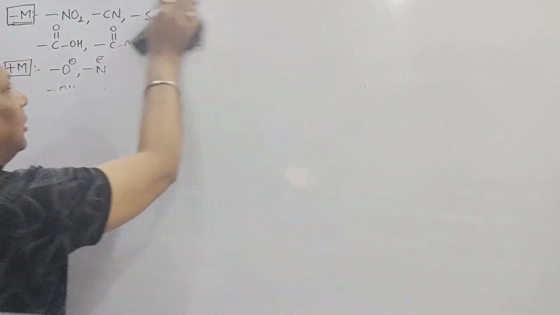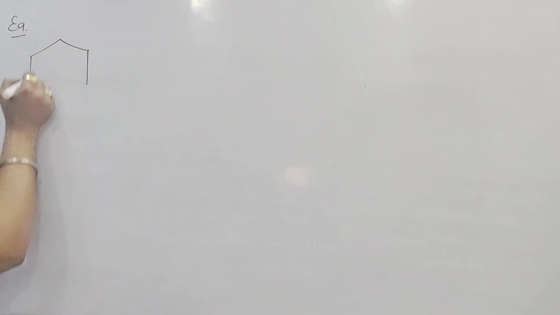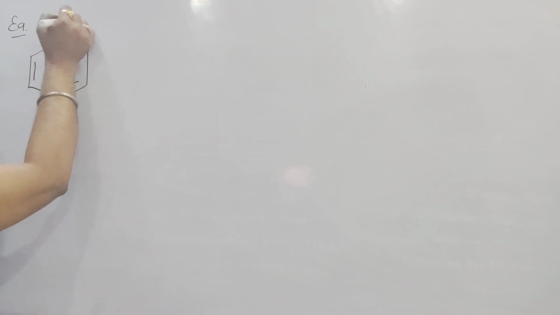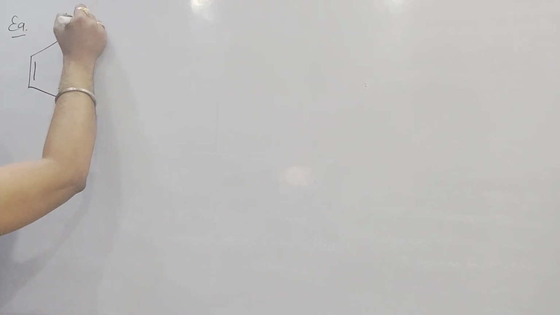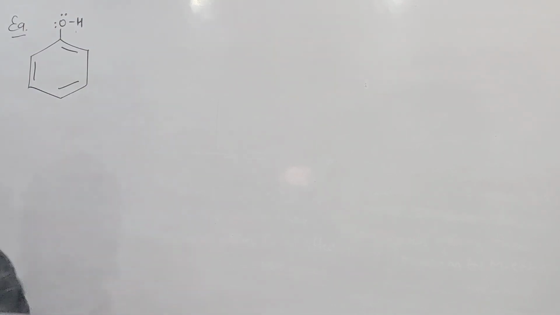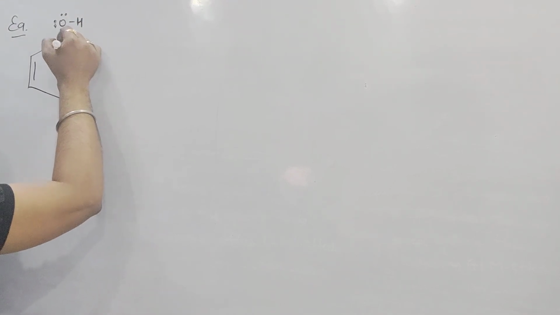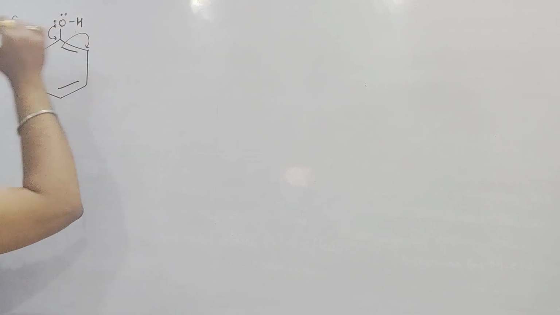Now, from this order of plus M and minus M, I want to tell you what we are going to learn in this mesomeric effect. Let us go with one example here. A conjugated system is there, and it is attached with O and H. Did you see? Oxygen is having a lone pair, so it will show which effect? It will show the plus M effect. Plus M means it will give its electron. The pi electron is shifted to here and it comes to here, because it gives its electron toward the ring.